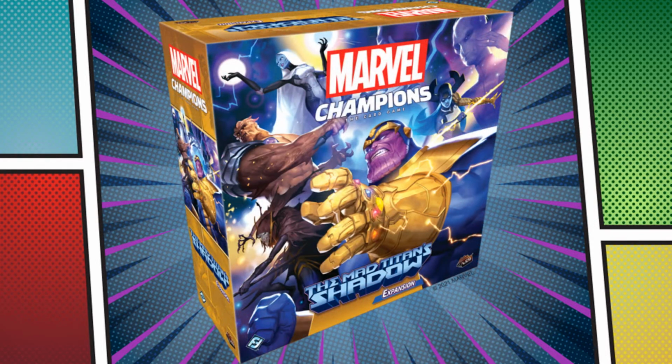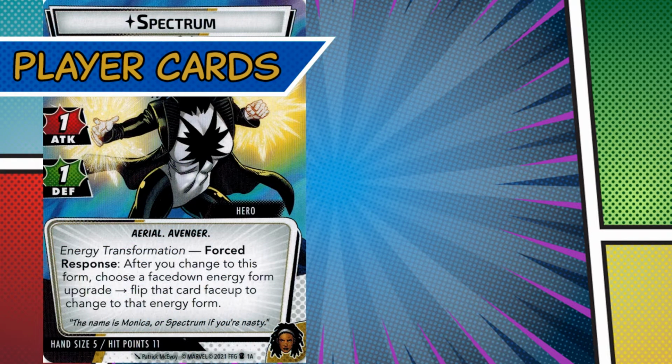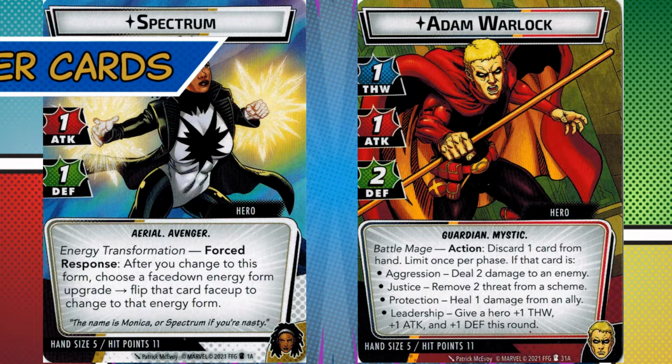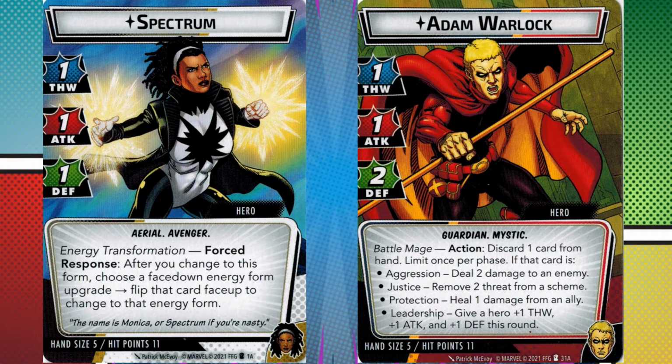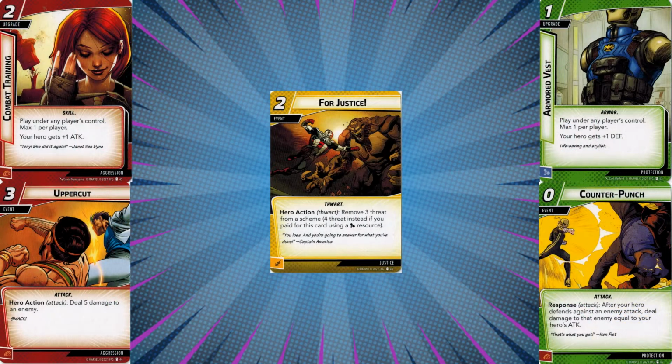Mad Titan Shadow presents a nice split between the two previous cycles. We get an Avenger in the form of Spectrum, and Adam Warlock is added to the Guardians roster. Both heroes bring completely unique playstyles to the table. Both pre-made decks have an unfortunate number of reprints, but also bring a lot of cool new things to the